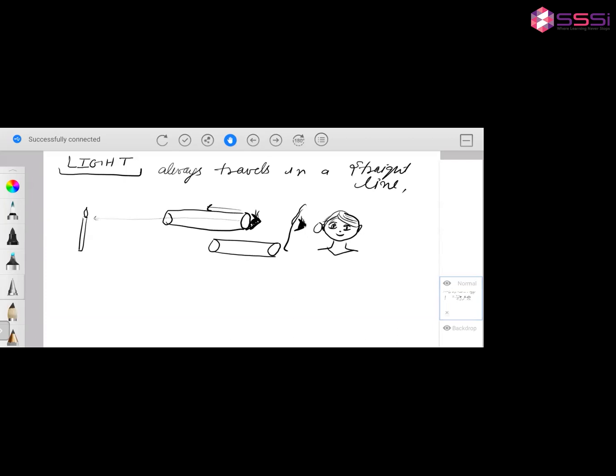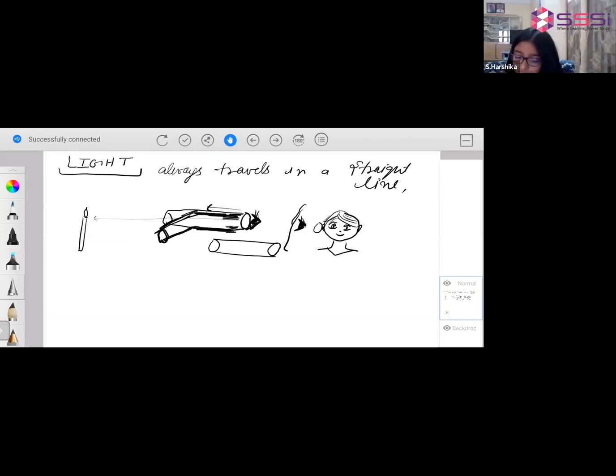But when you have this cylindrical tube and you bend it down, now this is your tube. Can you see the light? No, ma'am. Why? Because light travels in a straight line.